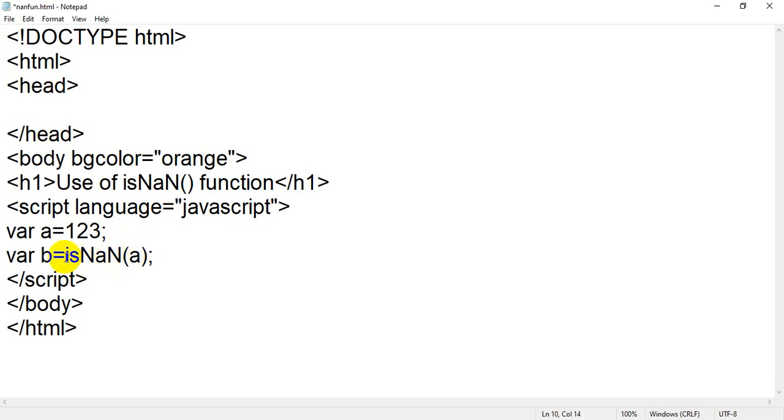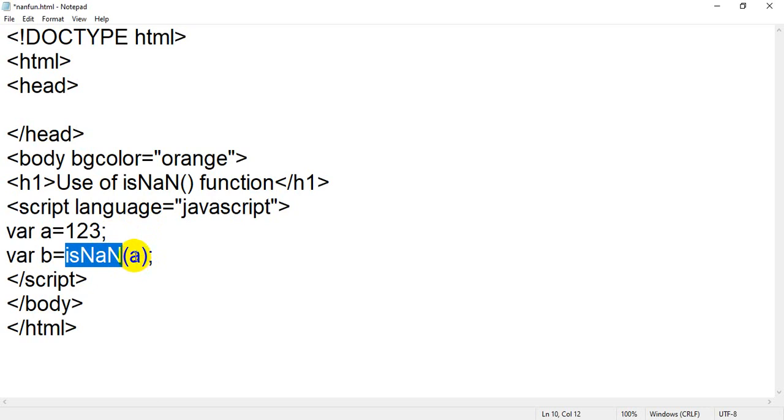So this line will execute and it will check something, because the isNaN function is used to validate whether the accepted value, a, is a number or not. Okay, it will check whether the value is a number or not, and after checking it will give one result.